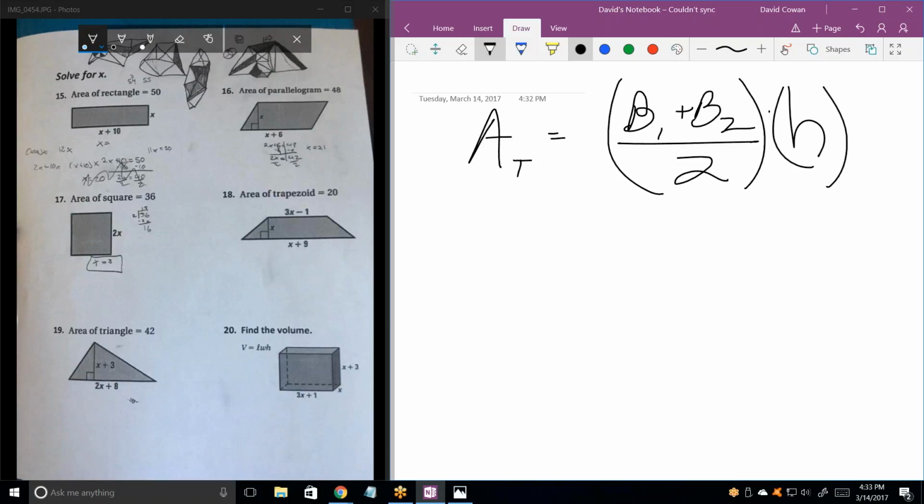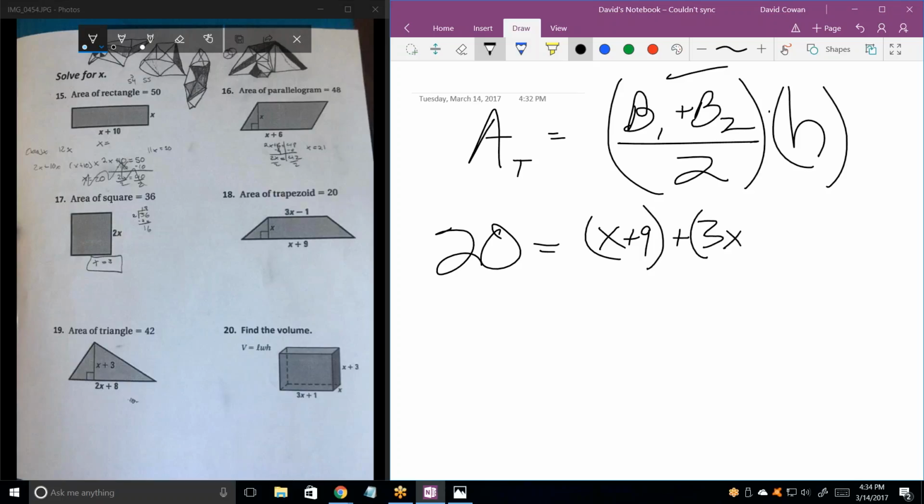So this is the way that I like to teach it. I like to memorize it, and you can always get it by thinking of it like a rectangle. In other words, the area of a rectangle is the base times the height. Well, this has two different bases. How about the average base times the height? Okay, they're telling us the area was 20, so fill in everything else. So area equals 20, let's see, base 1, x plus 9 plus 3, and then plus 3x minus 1, divided by 2 times